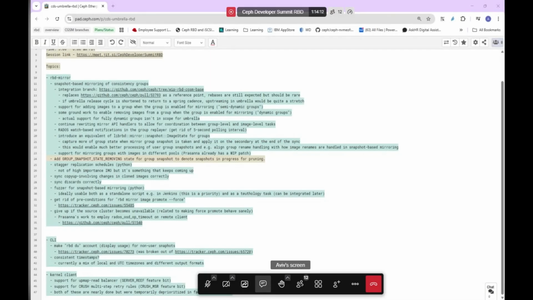We do have some areas of RBD that are somewhat unmaintained, or even you could say completely unmaintained, and therefore could be deprecated. But this is not